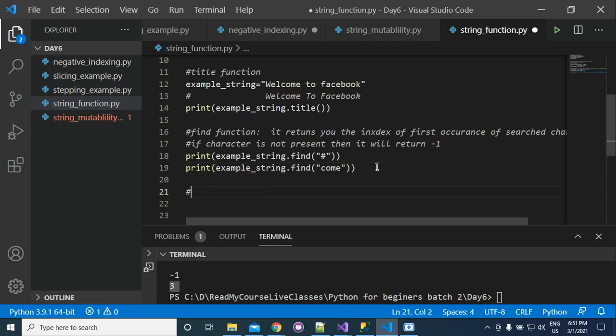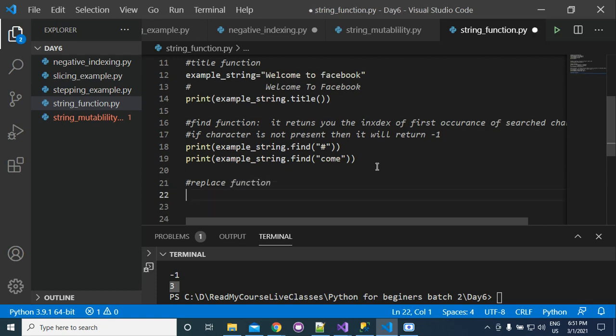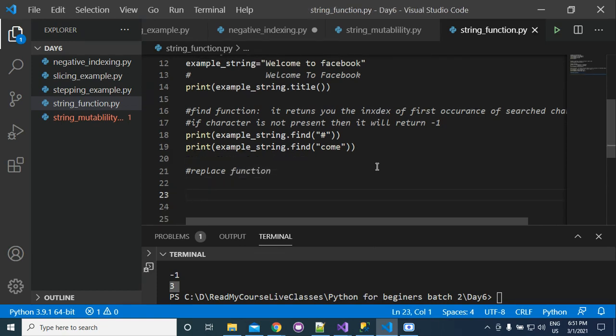Next is the replace method. So what does the replace function do? It replaces the character with the specified value. Suppose that we want to replace every e by a different character, like star.